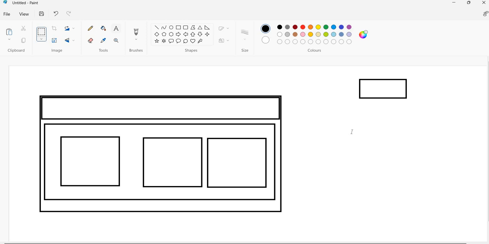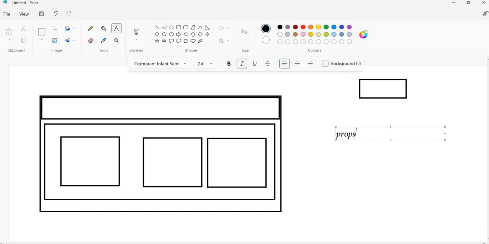We can understand how to pass information with the help of props, and we are going to understand destructuring. We are also going to understand how to use Array.map. In situations like this it is going to be most helpful for us. And at the same time we are going to understand the power of